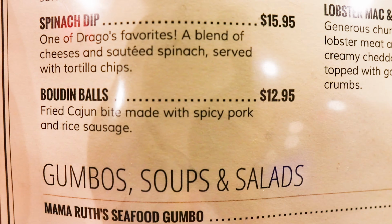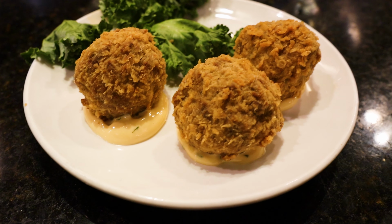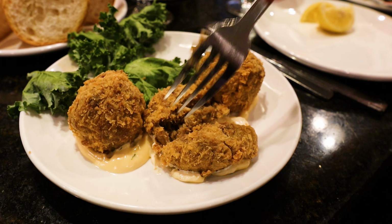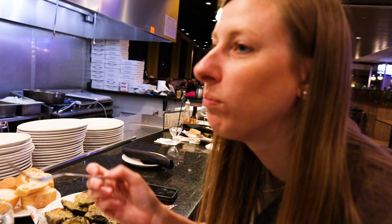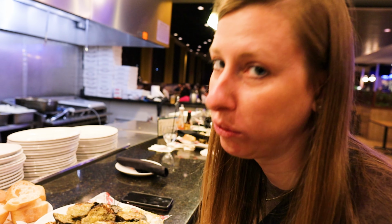I'm so excited. We ordered boudin balls, which is made with pork and sausage fried to perfection. Boudin balls would be considered more of a Cajun style recipe rather than New Orleans Creole style, but we couldn't resist. It's really good. And if you're wondering if we would recommend them or if we would get them again,